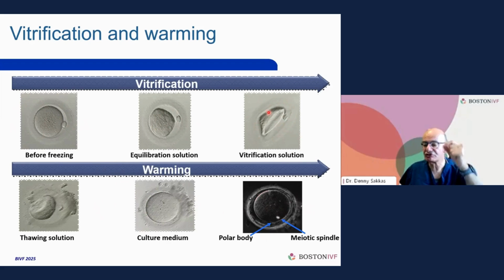This is then plunged straight into liquid nitrogen, and then a month later, 2 years later, 5 years later, or 10 years later, you can warm or thaw the embryo or oocyte, and you take it through the opposite process, and you basically have what you began with. So you can see there's really no difference between the one that was frozen versus the one